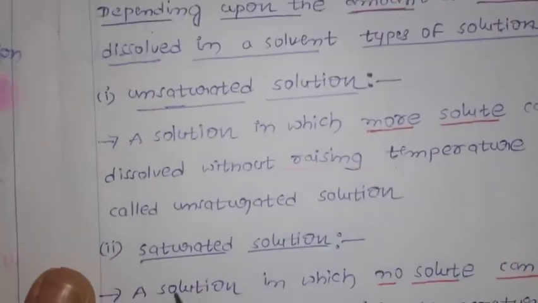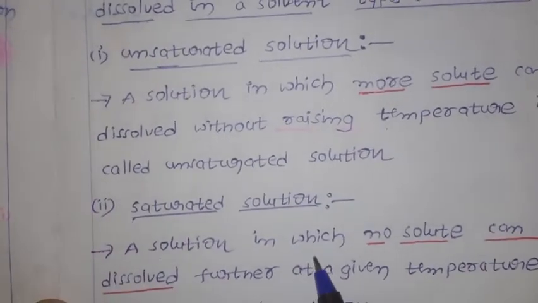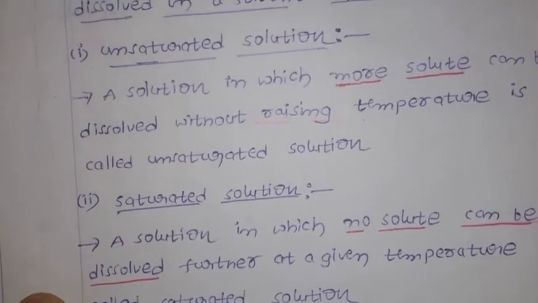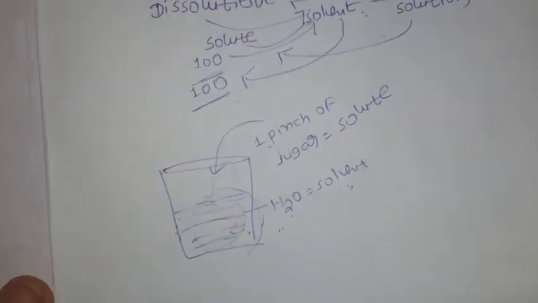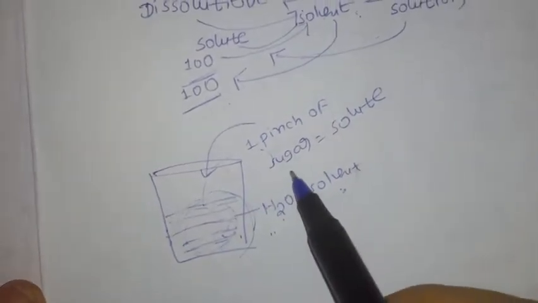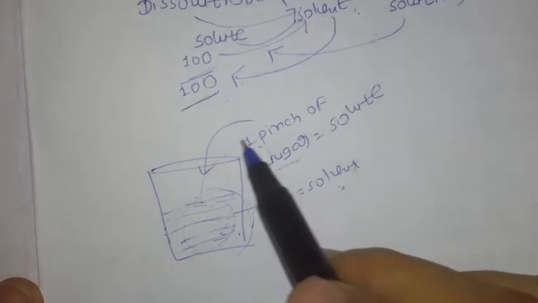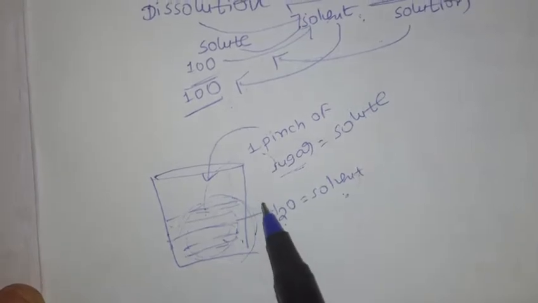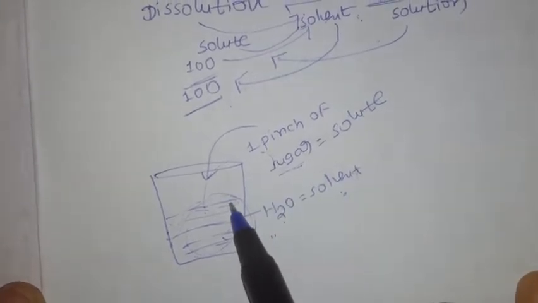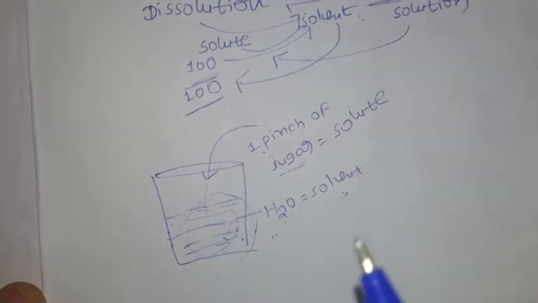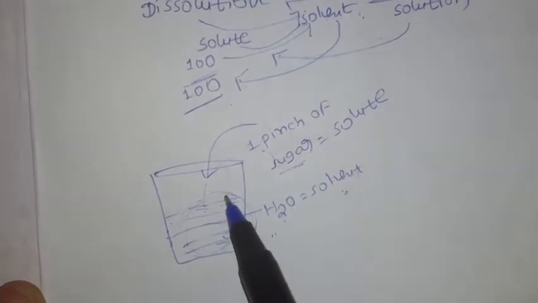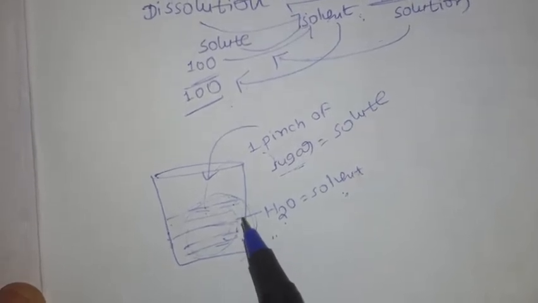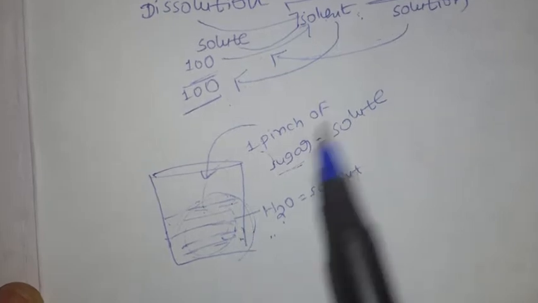Unsaturated solution. Now saturated solution means a solution in which no solute can be dissolved further at a given temperature. For example, you know very well, I want to make sugar syrup without heating. For one glass of water, if you add 5 tablespoons of sugar, that is sufficient. If you add excess, at that time we have to go for the heating. Here I am talking about adding a sufficient amount of sugar to the water without heating, and it has to dissolve. That is called saturated solution.